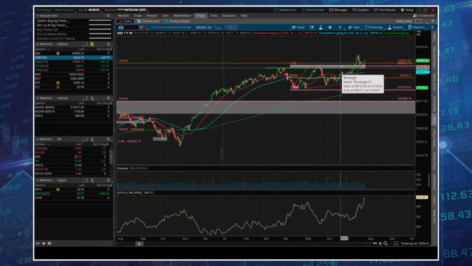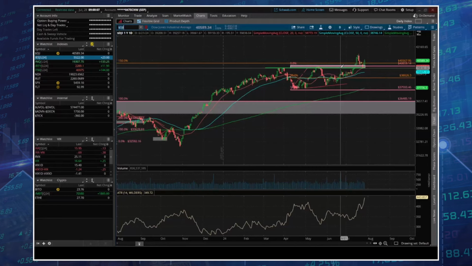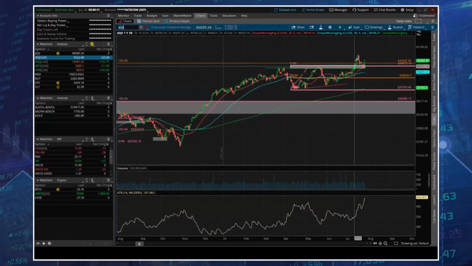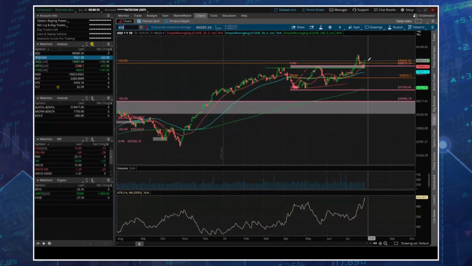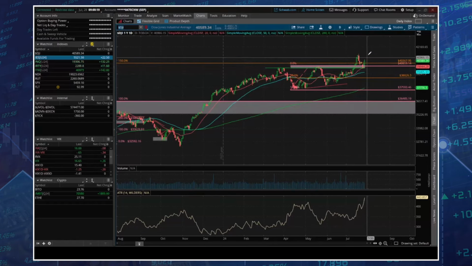So this is a normal bullish behavior, by the way. We're looking at two indexes that are showing more bearish behavior. This is more normal bullish behavior. I get a breakout, I come back, I retest the breakout area, and then I bounce off the breakout area. Bullish, bullish, bullish, right?